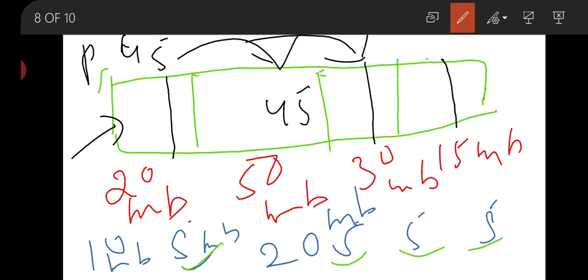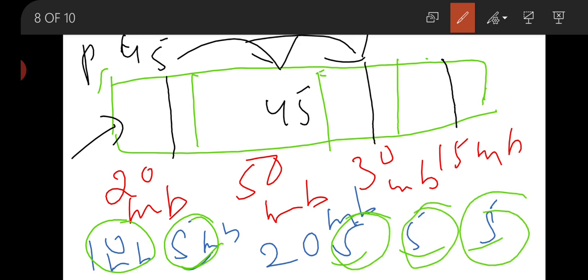That means the process is not going to be allocated any memory, but here we can add all the free space and create a new block of 20 MB, and this 10 MB is allocated here. This process is going to be allocated a new block, M4 or M5, memory block 5. This is the main memory management by the operating system.